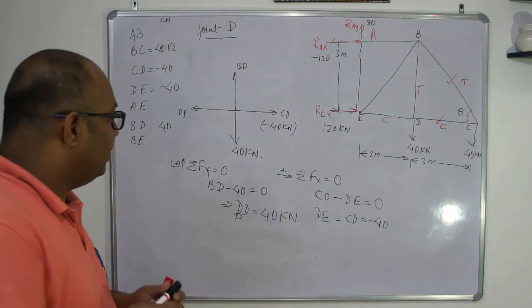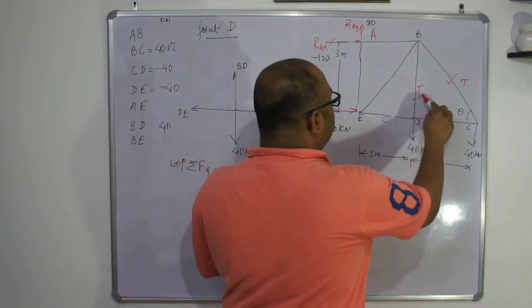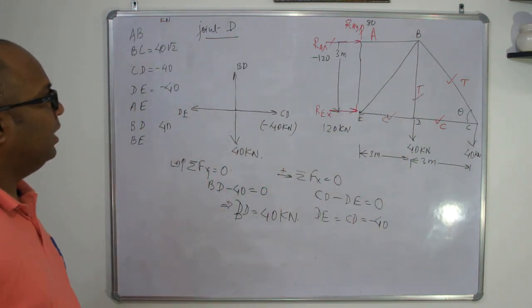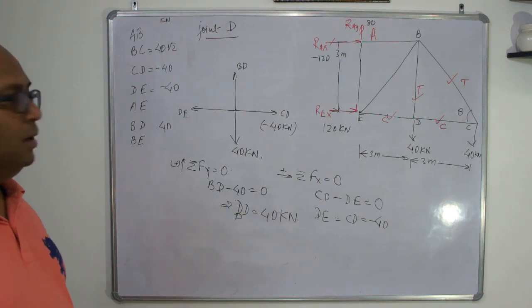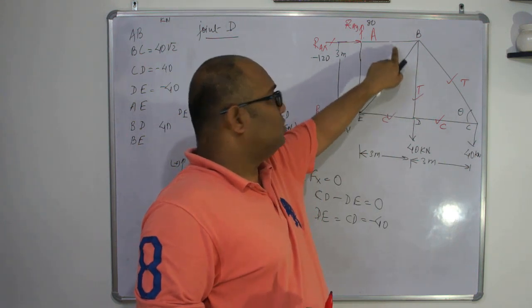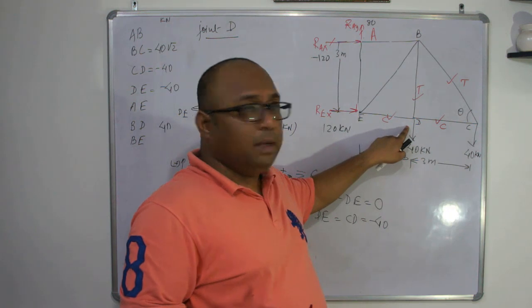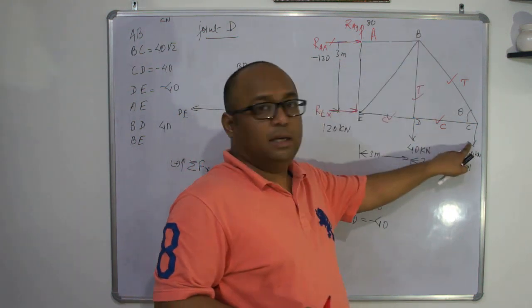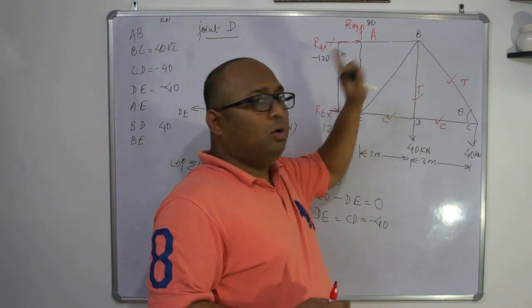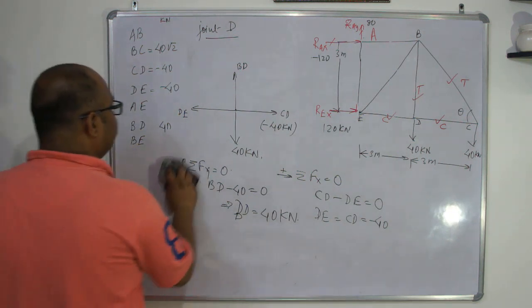Is that okay? Now we know the force in this member and this member. Still 3 members are unknown. Can we go for joint B now? If you go to joint B, the forces in these two members are unknown. But we know the force in DB and we also know the force in BC. Because we know the force in these two members and only 2 unknowns are present over here, the next approach will be joint B.